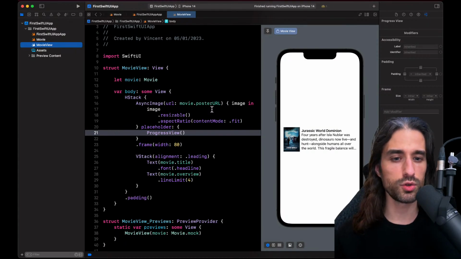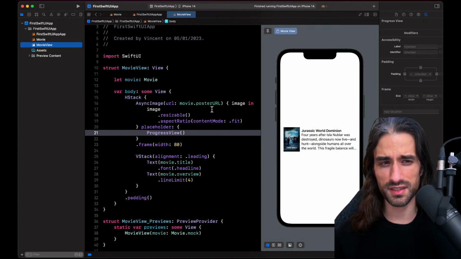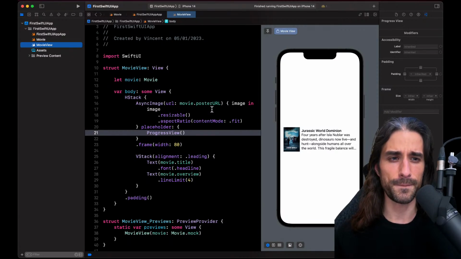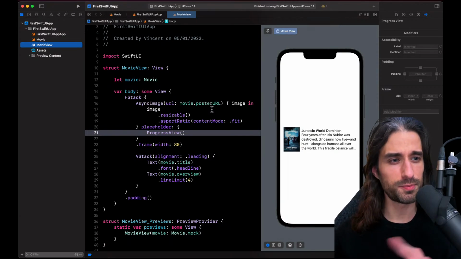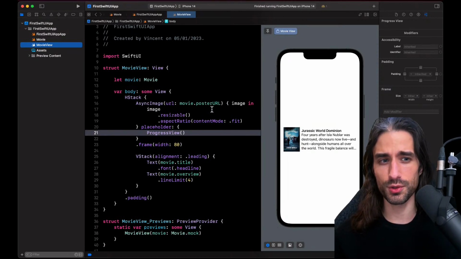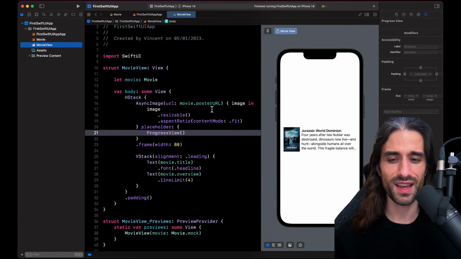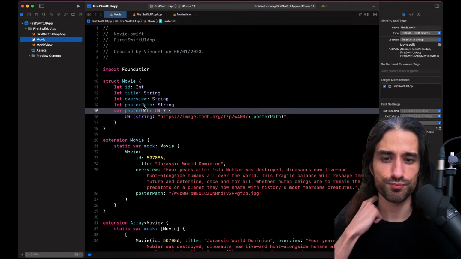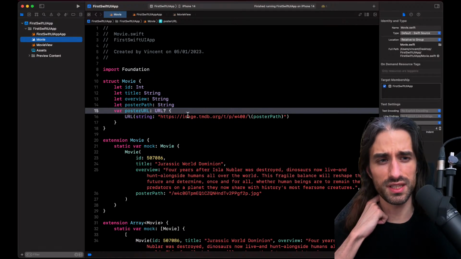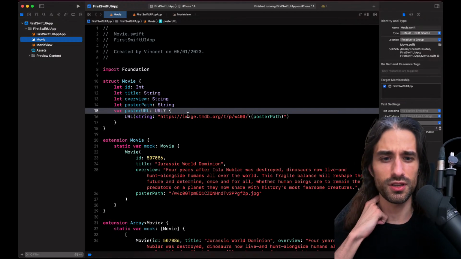So actually here you could use both. The only difference is that if the URL is not valid, it won't crash, which is a good thing, but it will probably keep spinning forever, and you might not notice it while you are developing. So which one to use is always a bit of a tough decision.